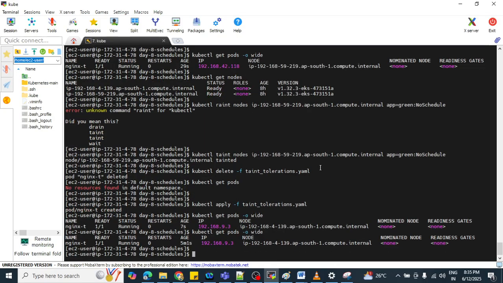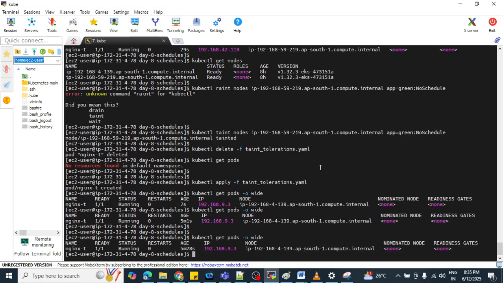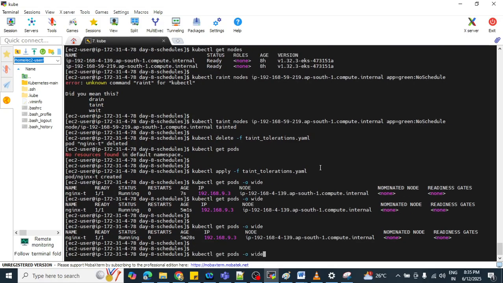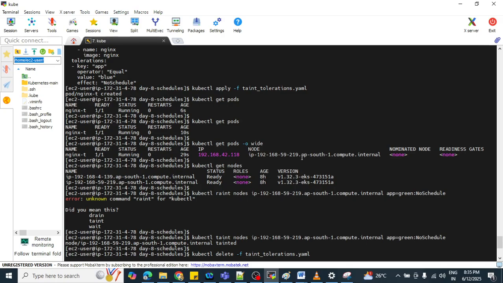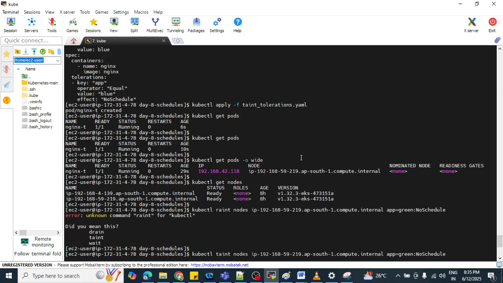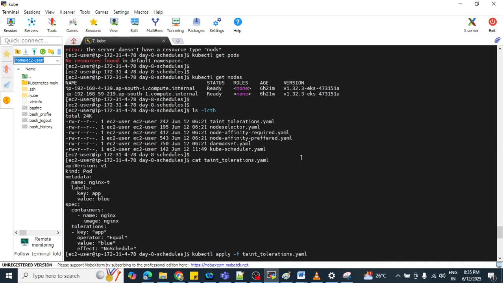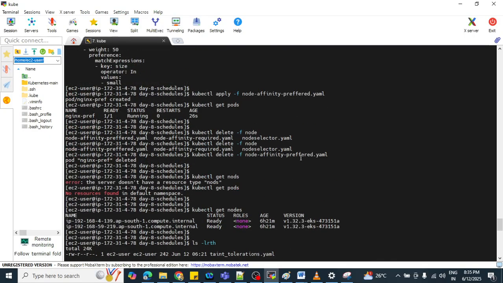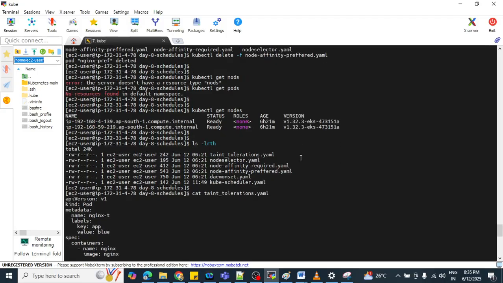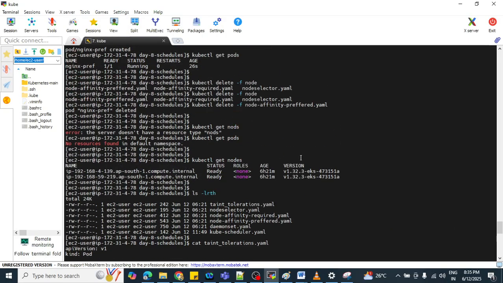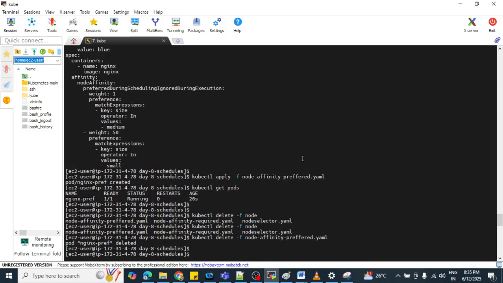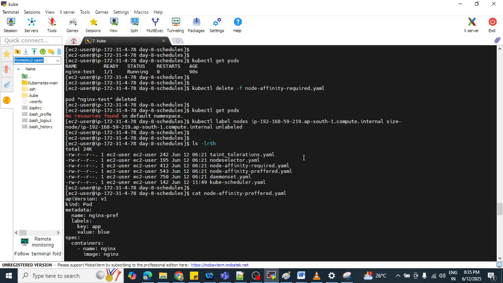Now you can see with kubectl get pods that this particular pod is running. Let me show you where we have applied the taint.